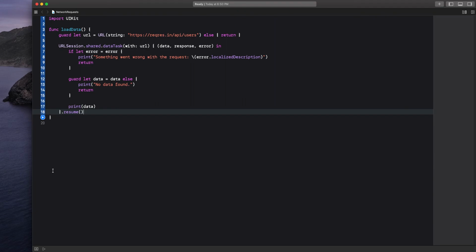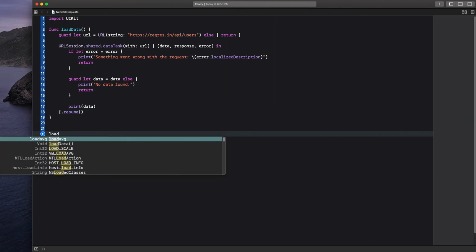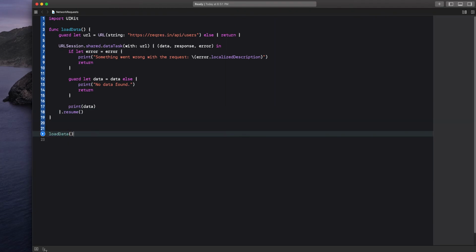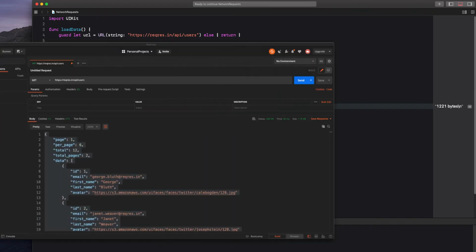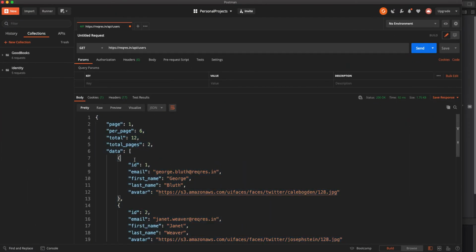So we will run this. I will call this method here first, and then run this playground. You see it says 1221 bytes. So basically it means we are getting the information. But now we want to convert this information. It prints out like this, right? For that we need to do a couple of things,